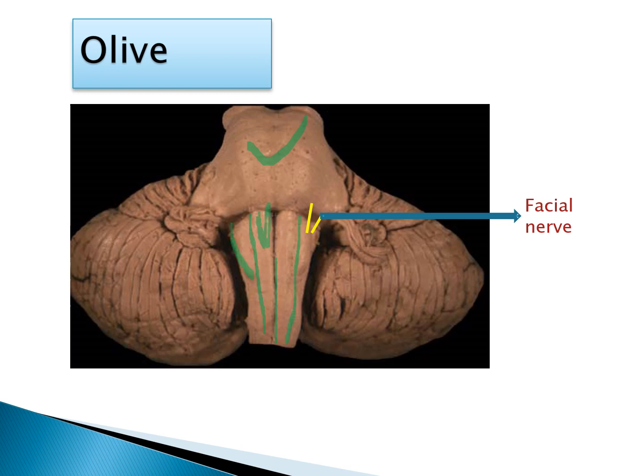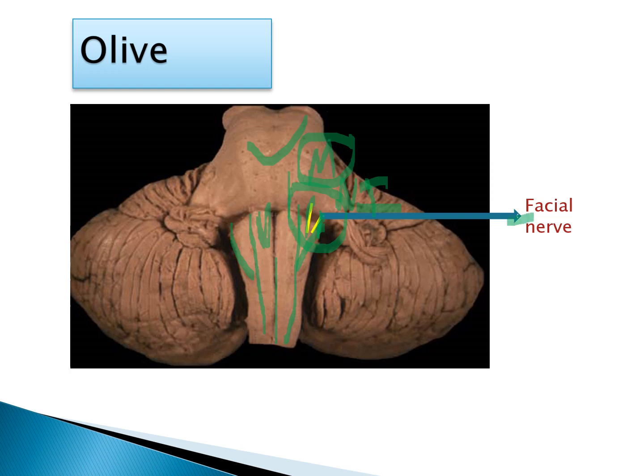So between the pyramid and pons, the abducens nerve; between the olive and the pons, two roots of the facial nerve. The motor root of the facial nerve is medial, we have to remember M and M, and the lateral root is the very small sensory root. It is called the nervus intermedius, that will be lateral. These are the two roots of the facial nerve taking attachment at the junction of the olive and the lower part of the pons. This is called the superficial origin of the facial nerve.